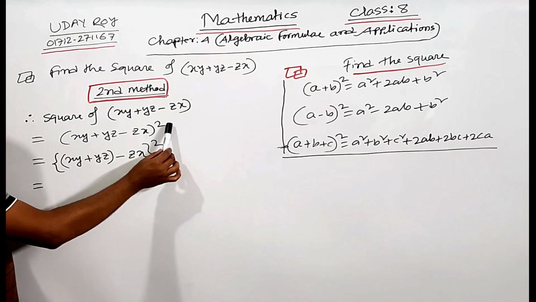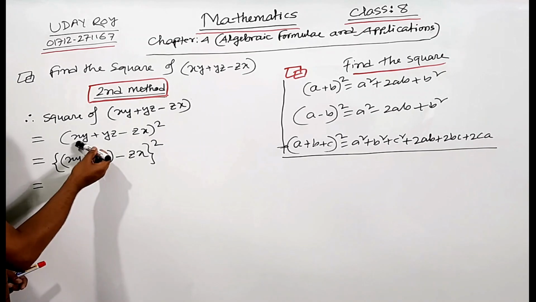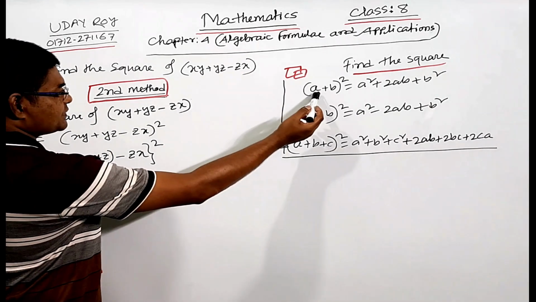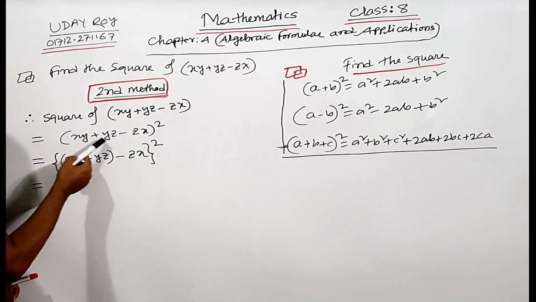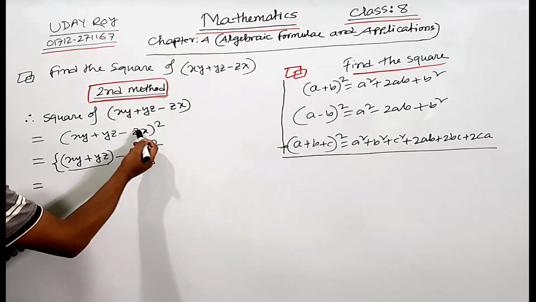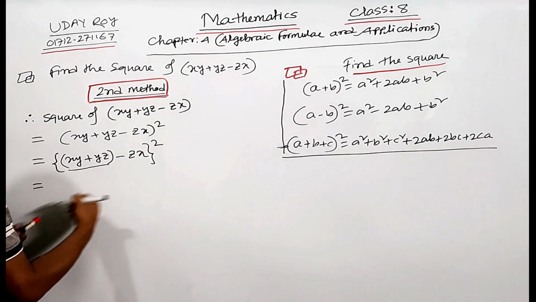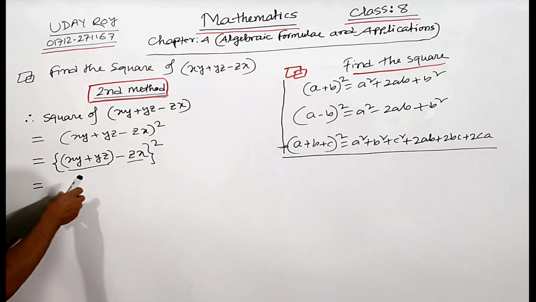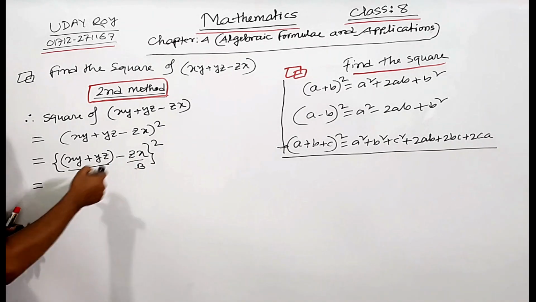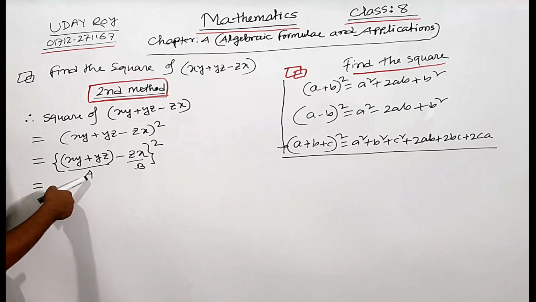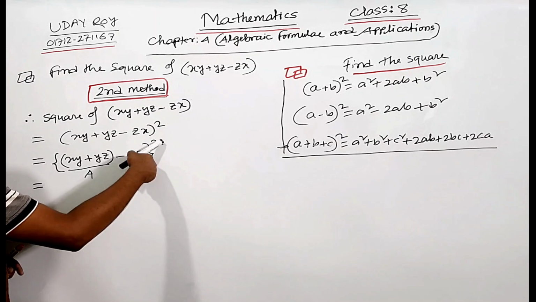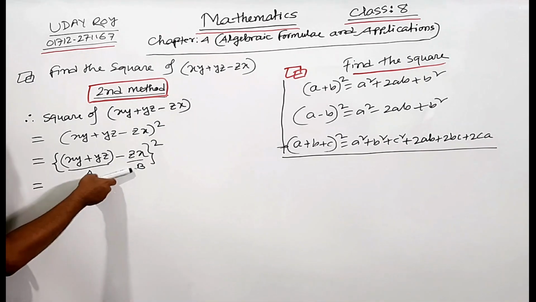At first you have to give here the whole square. Then first two terms or last two terms. I have taken the first two terms in a position. We will go back to this position at first. So xy plus yz I have taken in a bracket, and zx, minus zx, this is different. So this is a position, and this is b position. xy plus yz, I have taken as a position, and this is minus zx, I have taken as b position, whole square. So we have got here a minus b whole square.